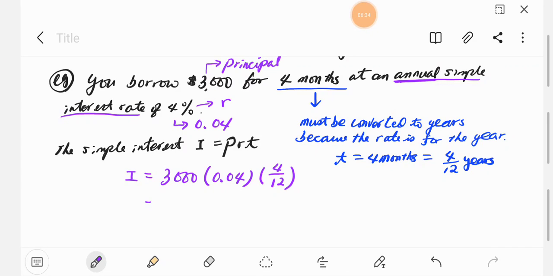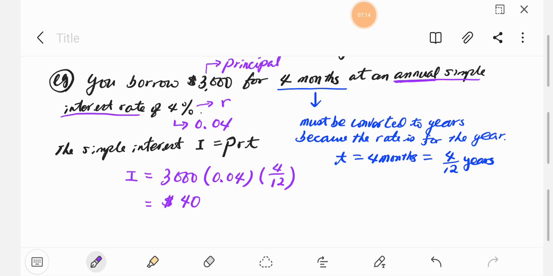Okay, then this one is equal to, use 4 divided by 12 is 3, right? 3. And 3,003 is 100, 1,000. 1,000 times 0.04 is 40, right? So this is $40. So the interest after 4 months is $40 at an annual interest rate of 4%. Make sense? So what you have to do is just plug in the values of P, R, T to get